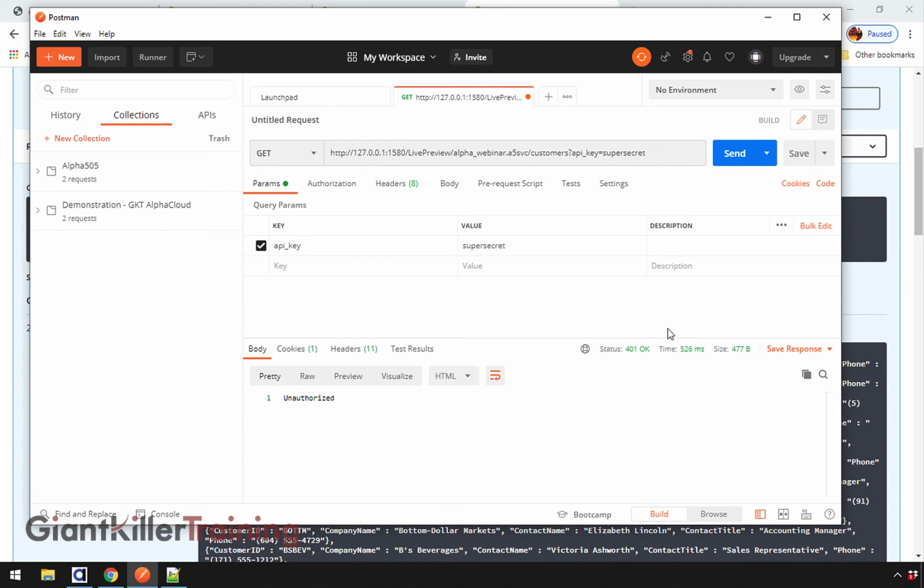The reason is that now that I'm using a header, it doesn't even look at this information right here. It just ignores it. So what I'm going to do here is I'm going to get rid of the API key by just clicking it. And you'll notice it gets rid of it here. And now I'm going to go over to my headers. And I'm going to go down here and I'm going to put that API key and I'm going to call it super secret. And so headers are kind of that special area on the top of a call. It's not in the query string. Now that I click send,